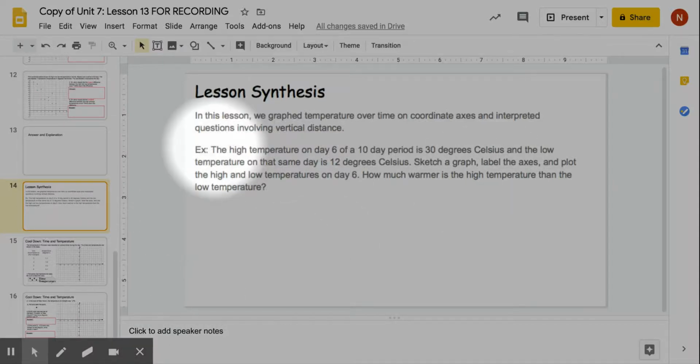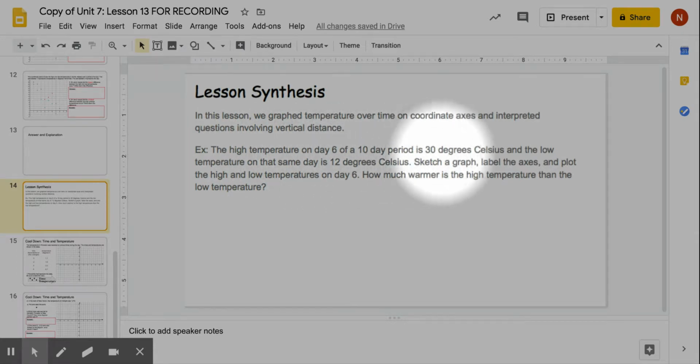So, in today's lesson, we graph temperature over time on coordinate axes and interpret it, which is another word for analyze. Questions involving vertical distance. An example that we can go over right now is that the high temperature on day 6 of a 10-day